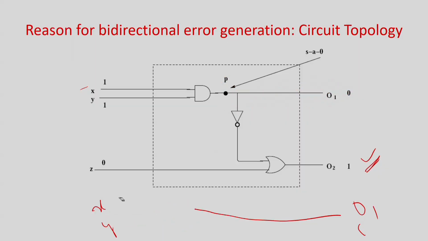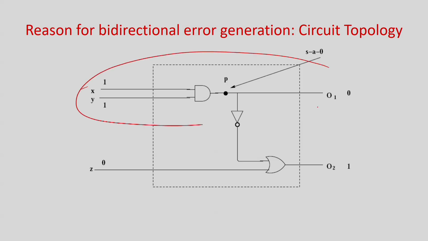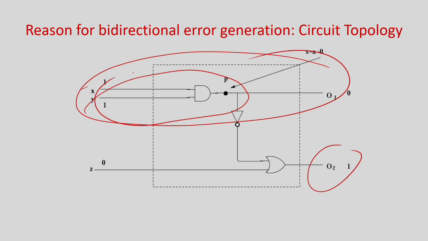Some group of people tried to do this, but in fact people found out that if you try to do this, there will be a lot of replication of circuits, because this part is what is required for O1. For O2 also, this part of the circuit is common to both. So why do I want to repeat it twice? Generally you will not repeat. If you start repeating the shared logic, then the circuit size will be extraordinarily high.